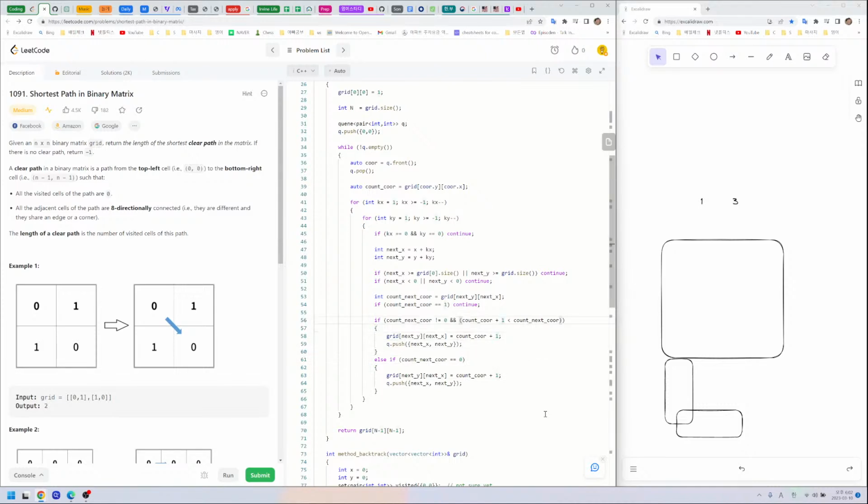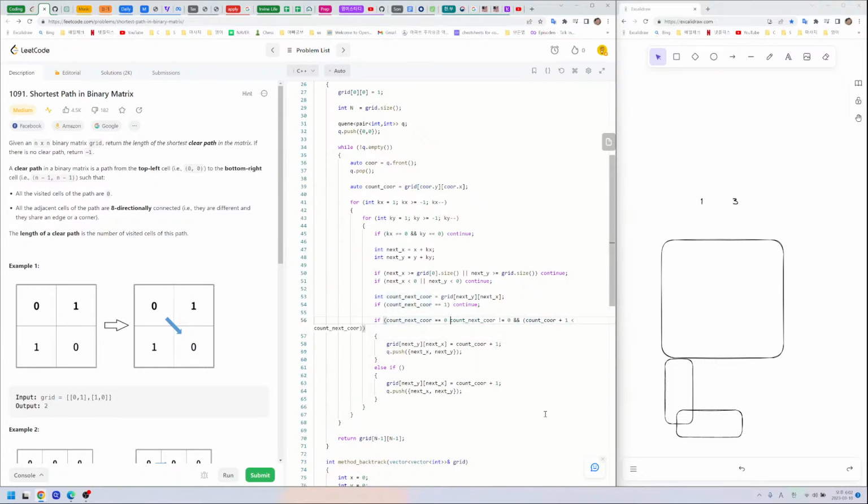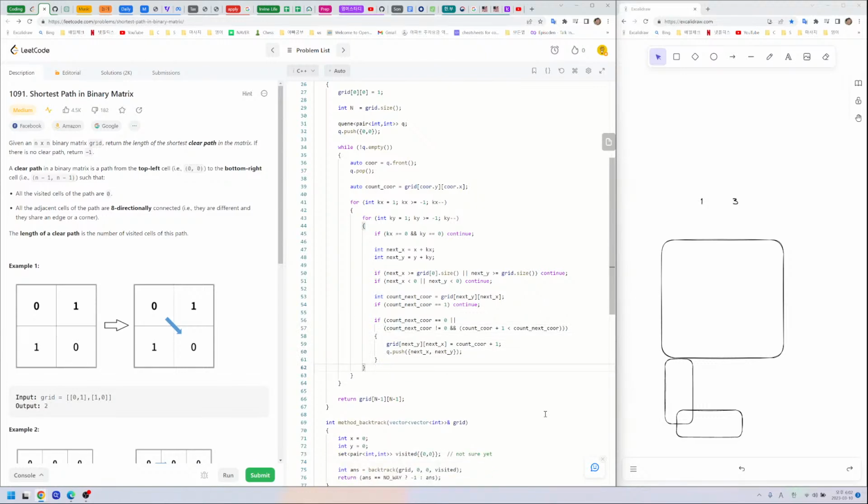So maybe we can combine these two because the body is the same. So if count or dirty, then we can remove this. So, and then the thing is,